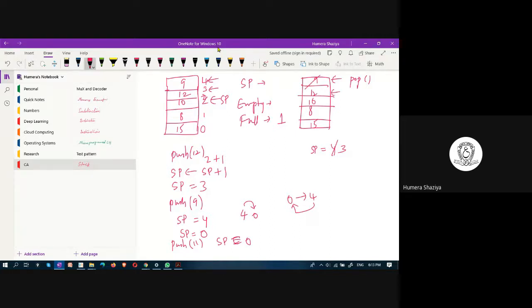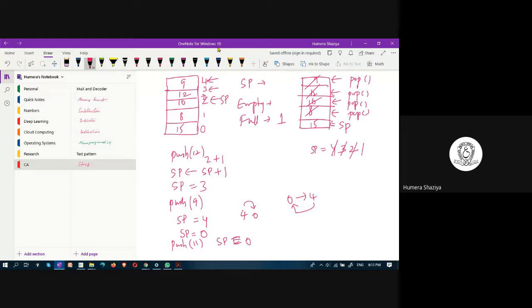Again you call pop. The second call of pop makes the stack pointer 2 and this element is retrieved. The third call to the pop turns out to make the stack pointer 1. Stack is pointing here. This is retrieved. After you pop again, 8 is retrieved, and now stack pointer is here.